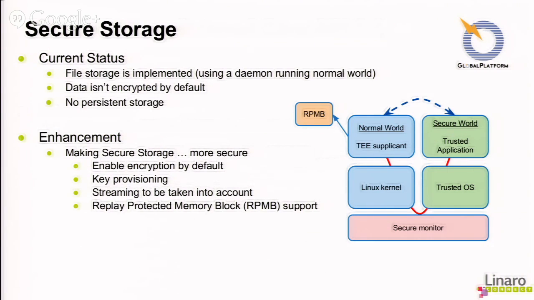Secure storage. In the internal API, you have secure storage by default. And Global Platform in version 1.0 didn't mandate that you should actually encrypt something. Secure storage is that you should be able to store something from the secure world. And that functionality is in place today. So you have calls that you can initiate from the secure world, and it will store a file on the file system in the normal Linux environment. We would like to add some kind of encryption,